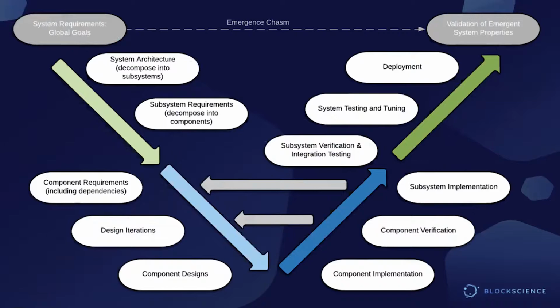It's very stylized with the V shape, but we're basically saying that you need to capture the system requirements. You need to be able to take those requirements and convert them into designs. And as a result, we're going to work our way down into the subsystems and the components. We're going to iterate over the designs and the components, and fill out that system architecture. And we're going to then start to implement the components and recompose them, like build them up into a